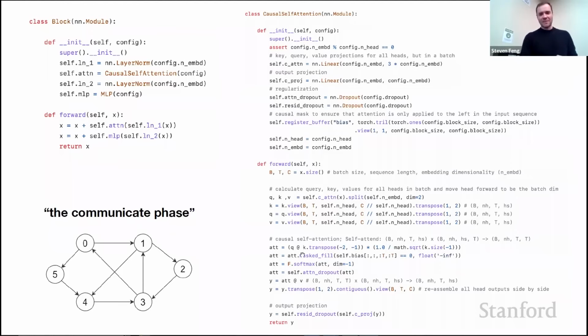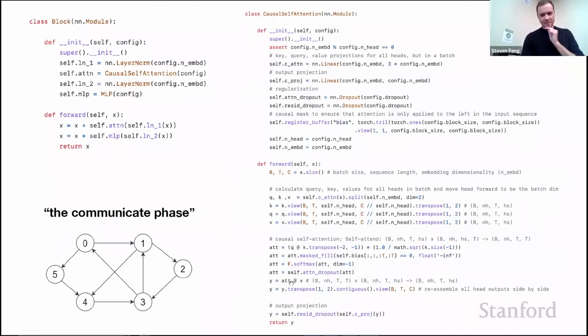Then here we do a masked fill. And what this is doing is it's basically clamping the attention between the nodes that are not supposed to communicate to be negative infinity. And we're doing negative infinity because we're about to softmax. And so negative infinity will make basically the attention at those elements be 0. And so here we are going to basically end up with the weights, the sort of affinities between these nodes,